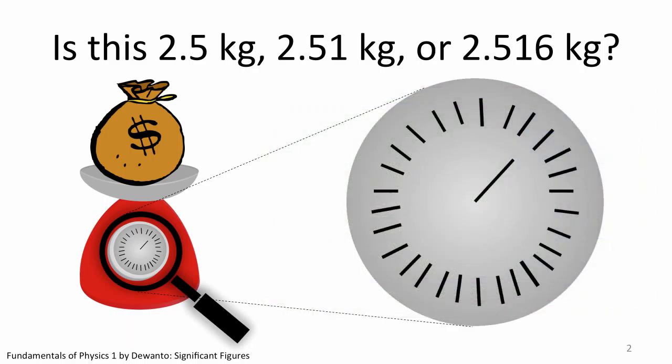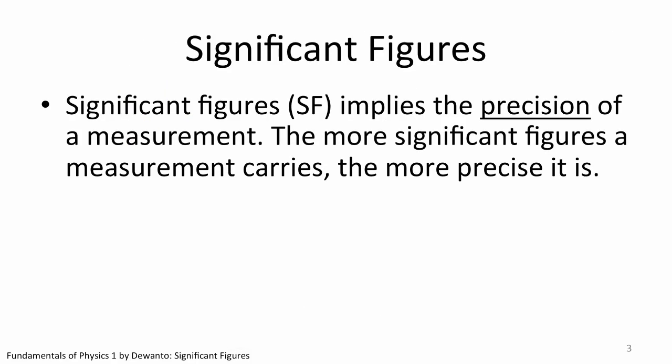First, depending on your measurement device, an analog weighing scale versus a digital scale in this case, you may end up with an answer of different precision. And second, the more decimal digits you have in your answer, the more precise your answer is. Technically speaking, we have a jargon to refer to this idea of having more decimal digits, and that is called significant figures. In short, significant figures of a number are those digits that carry meaning contributing to its precision. The more significant figures a quantity has, the more precise our knowledge of that quantity.